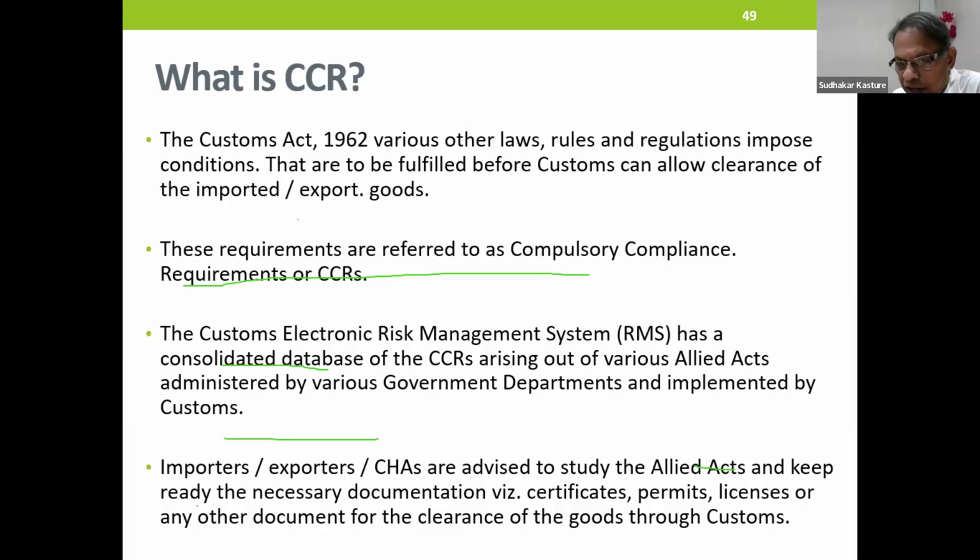The Customs Electronic Risk Management System has a consolidated database of CCR arising out of various allied acts administered by various government departments. Importers, exporters, CHAs are advised to study the allied acts and keep ready the necessary documentation. What is necessary documentation? Certificates, permits, licenses, any other documents for the clearance of the goods through customs.